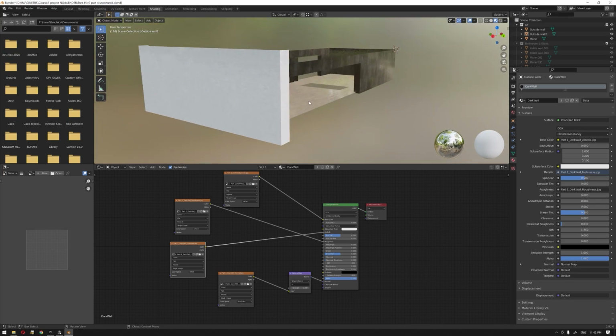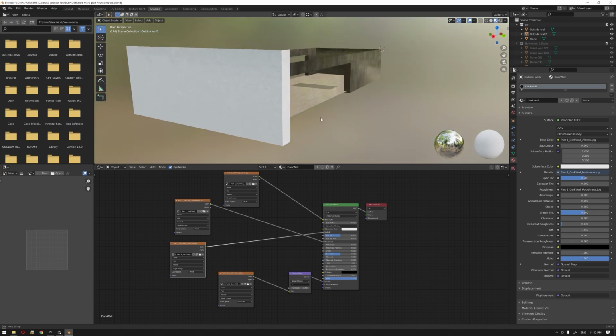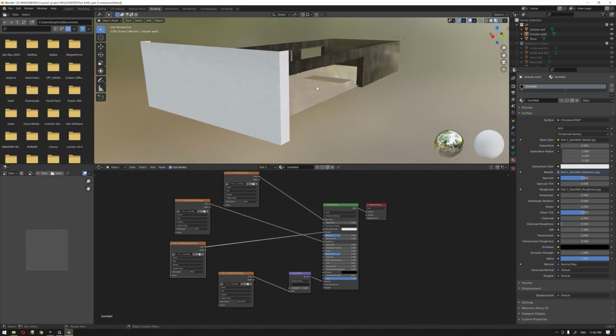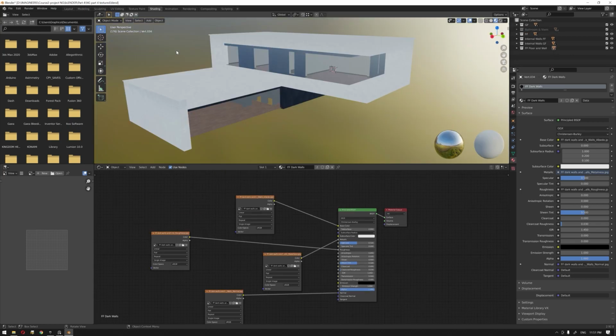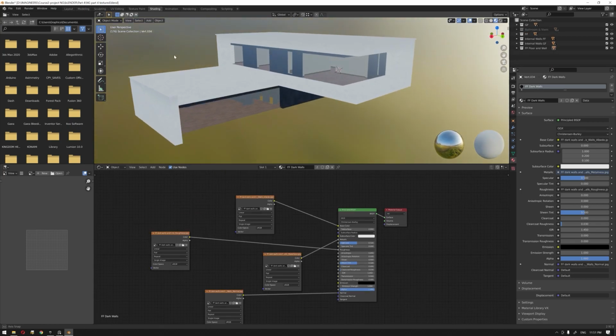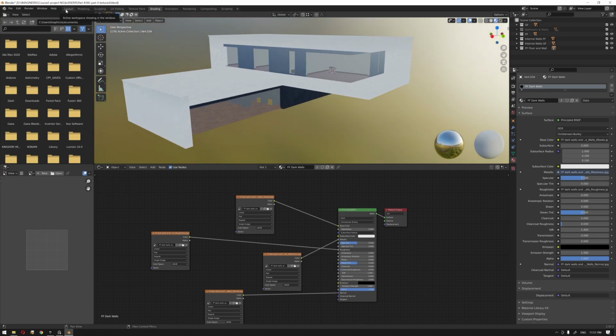the rest of the model and prepare it to send it to Unreal Engine. So I'm gonna pause the video and continue texturing the whole model and then come back once it's finished. So now that we have finished texturing our whole model with the textures, we are now ready to send the